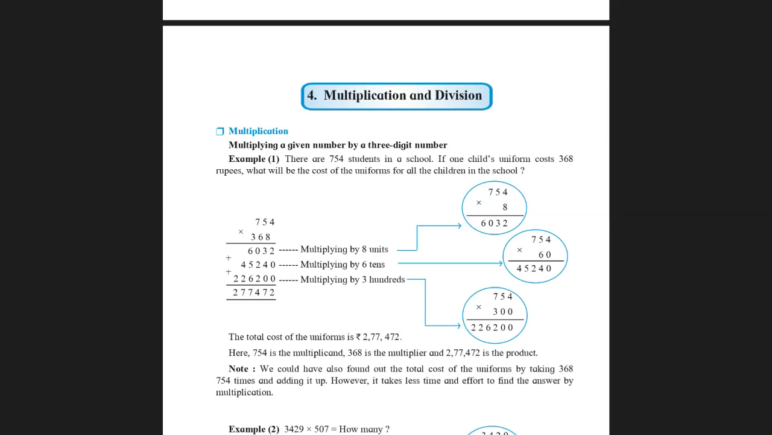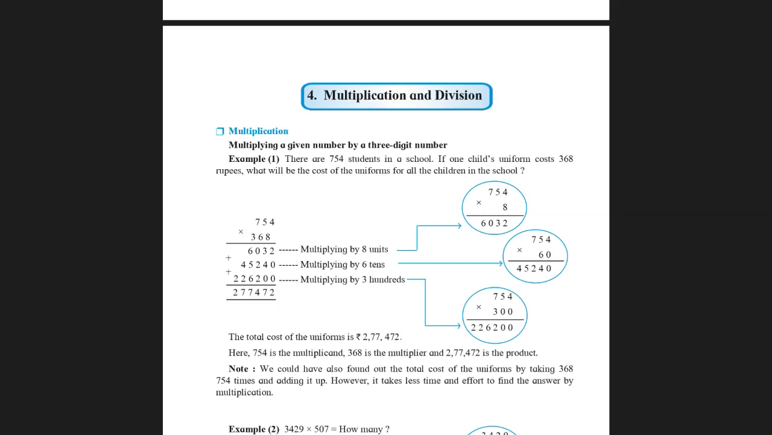Okay. Now, we begin with multiplication and division, chapter number 4. And here we are going to learn how to multiply a given number with a 3-digit number. Now in your textbook, I'm going to explain a few sums and then you will be doing it on your own. Now the first question in your textbook, 754 into 368. See, the question is, there are 754 students in a school. If one child's uniform costs 368 rupees,